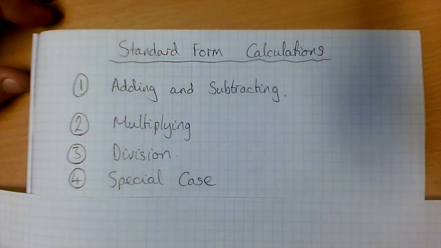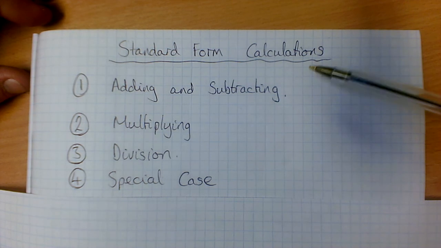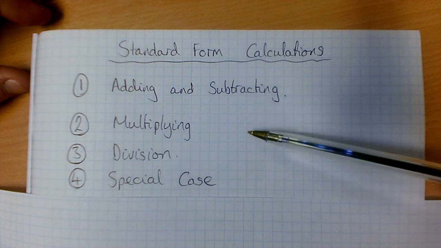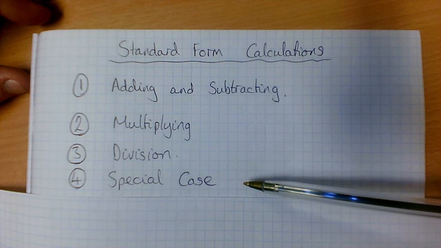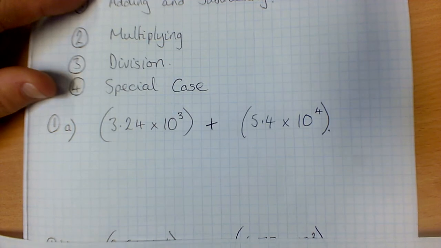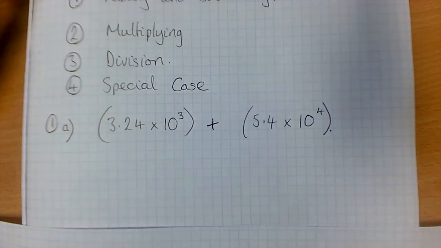So in this video we're going to look at standard form calculations. The four different things we're going to look at: the first is adding and subtracting using standard form, then we're going to look at multiplying, and then division, and then I'm going to talk about a special case with standard form. So the first question we've been given, 3.24 times 10 to the 3 plus 5.4 times 10